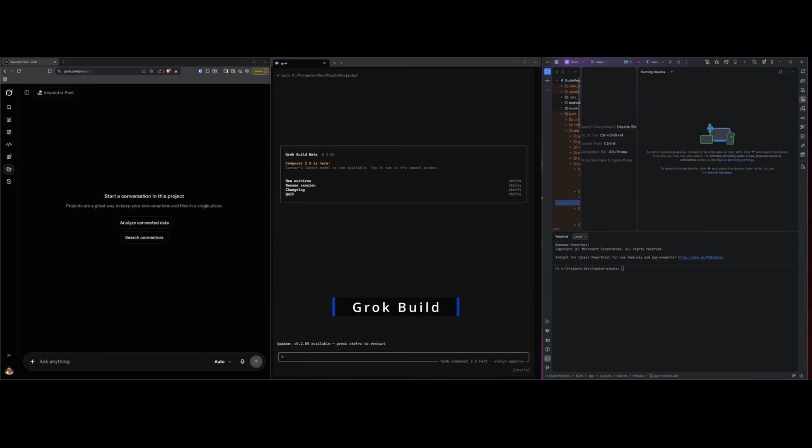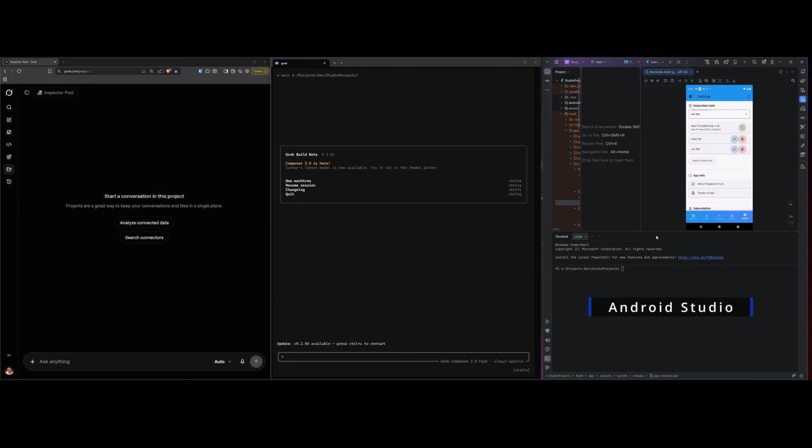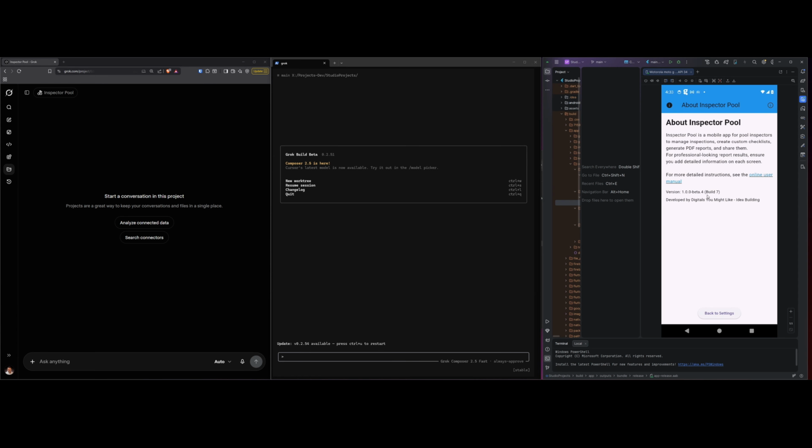On the right is my IDE, or Android Studio. Before agentic tools, I would have to apply code changes manually here. That's no longer necessary now that we have AI applying the changes directly. However, I still use Android Studio to verify changes. Much of the work I'm doing is UI and UX, so I need to see it on a real device or an emulator. Notice here the current version is 1.0.0-beta.4,